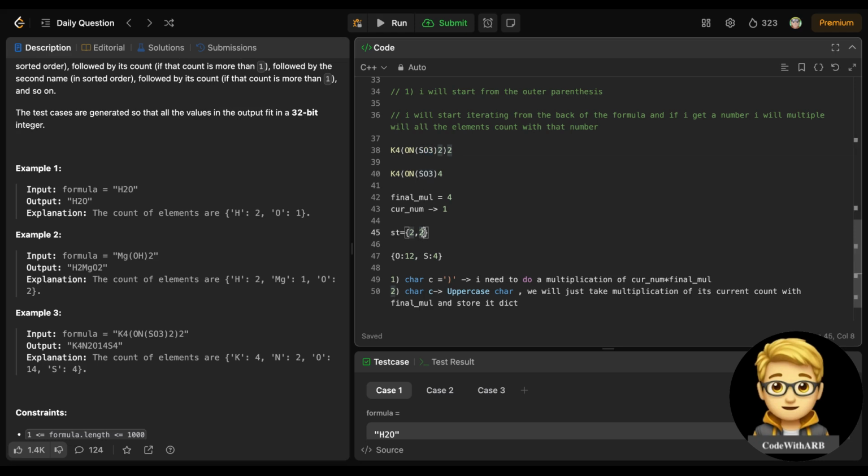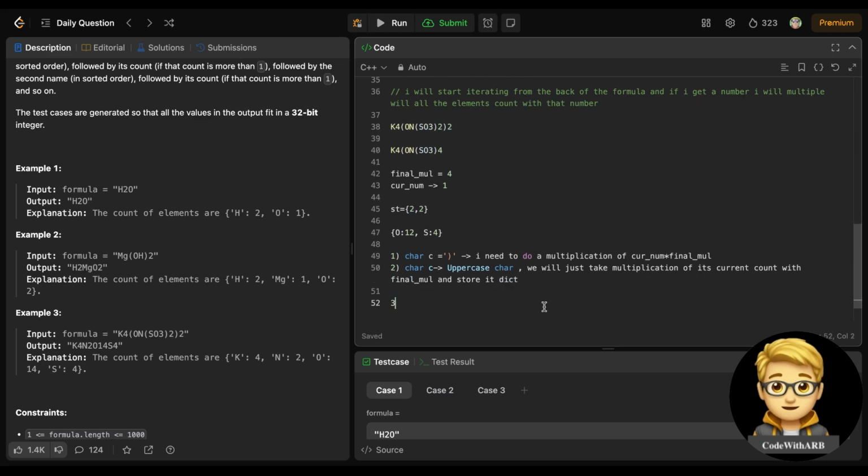So whenever we see this open parenthesis, I will check whether in my stack we have some elements or not, because this is representing from which number I have multiplied